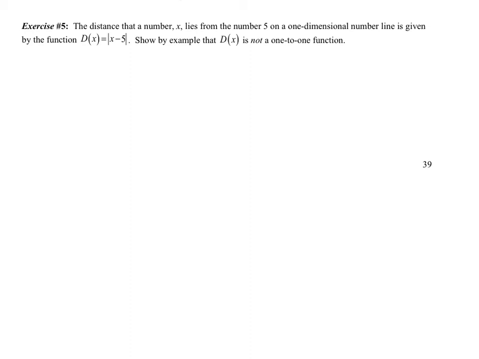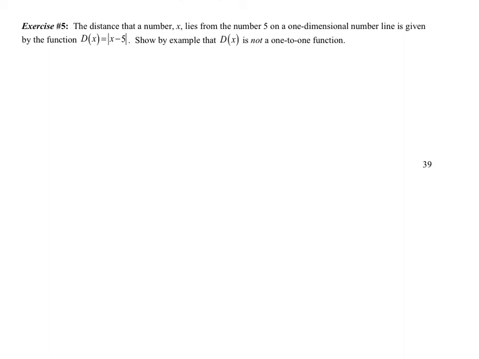Exercise 5. The distance that a number x lies from number 5 on a one-dimensional line is given by the function d of x equals the absolute value of x minus 5. Show by example that d of x is not a one-to-one function. So you could graph it, but if they want a specific example, what I'm going to do is take a look at the graph and the table, and see if my y's are repeating, and then I'm going to show that